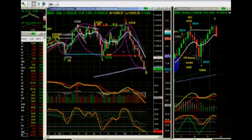So that says it's taken just two legs, and the one bounce was so pathetic, only a little green candle there. It looks like a midpoint. It looks, in fact, very much like what I call a propeller shaft move, where you've got a one-to-one. This is just something that happens periodically. It's just a beautiful one-to-one, and we've done it exactly one-to-one in the propeller shaft. No, it's a little more. I have to go to the high and the low. Yeah, okay, it's almost there. That says it could go down to 12,418, somewhere around there. So that says to me that at this particular point, we need a trigger,